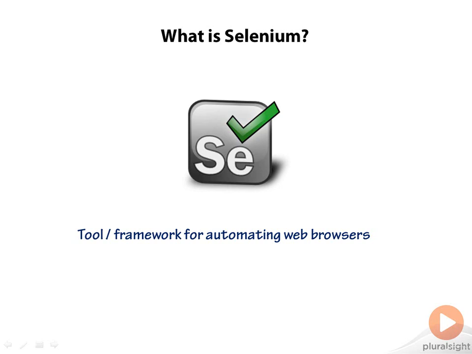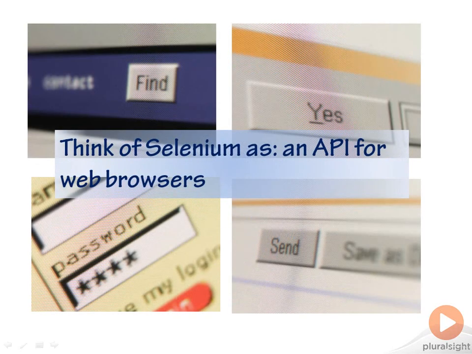And it works on multiple web browsers, and really all that Selenium itself does is to allow you to do that automation. Now there's various components of Selenium, and we're going to talk about some of those in a bit here. But a good way to think about Selenium is that it is basically an API for web browsers. So imagine that now you have the ability to program Chrome or IE or Firefox and make it do what